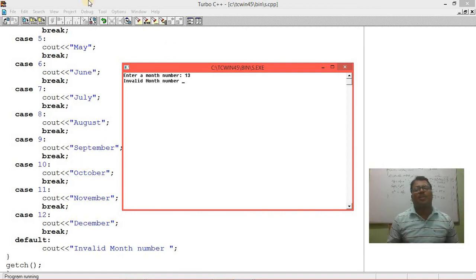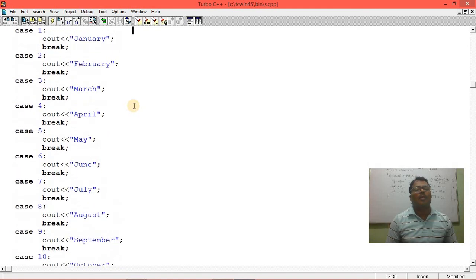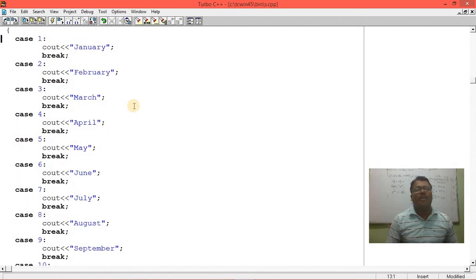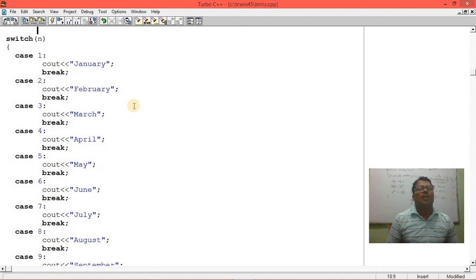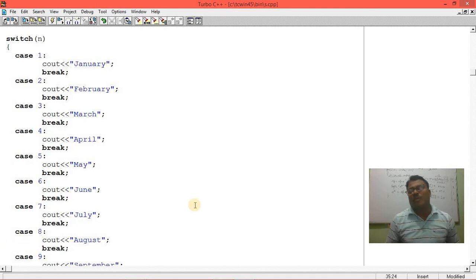In this way the switch case program will work. The case value that matches will execute. So if the n value given is matched with 8, then August will display. In this way we will discuss more and more programs using switch case.